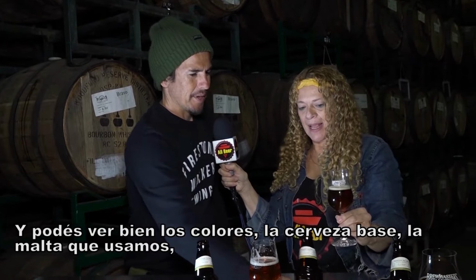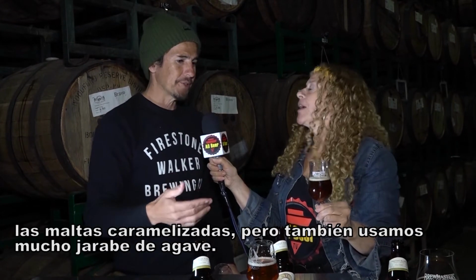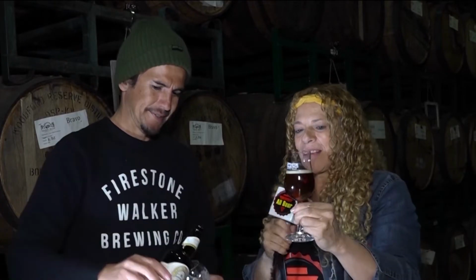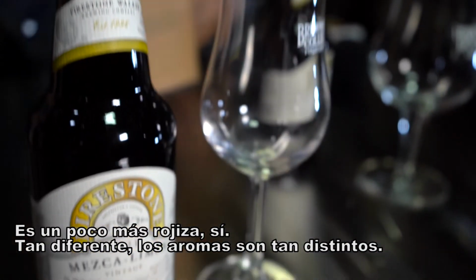Get the color as well. The base beer, the malts we used, the caramel malts, but we also used a lot of agave syrup, and that agave looks like really dark, robust maple syrup, and that's kind of what the beer looks like. Like it's a little more red. Yeah, so different. The smell is so...